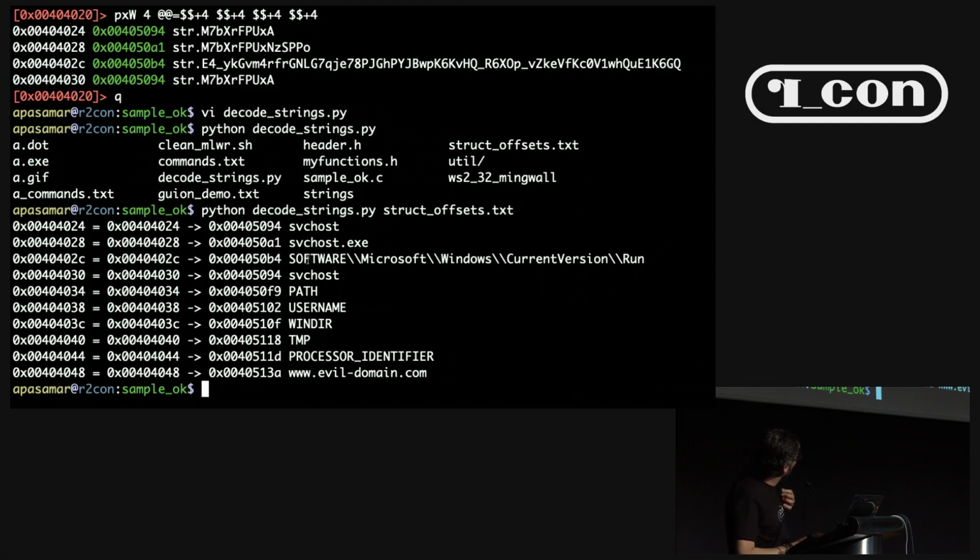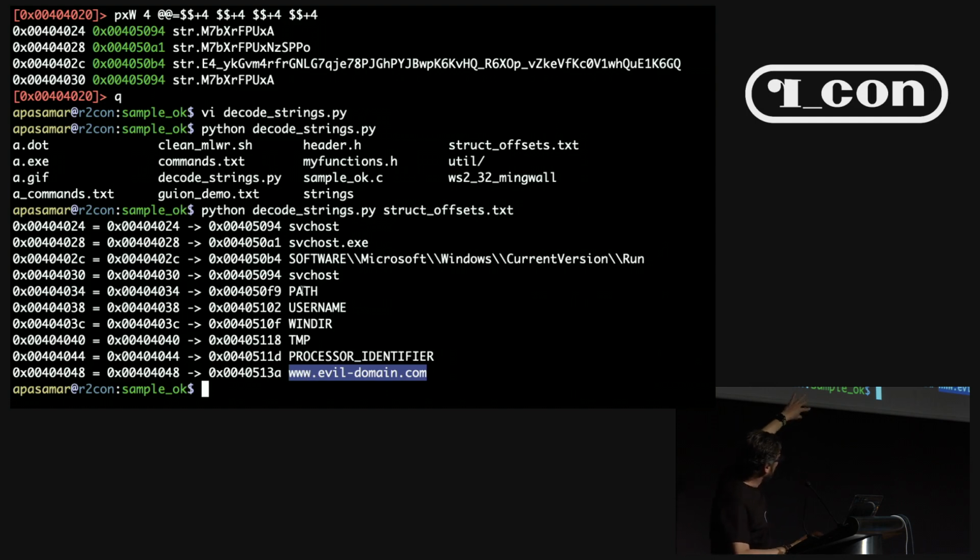This will probably be the registry key that it will use, and after that there are some Windows variables here, a process identifier and a domain. Okay, so